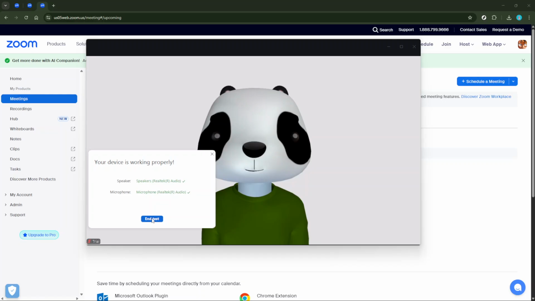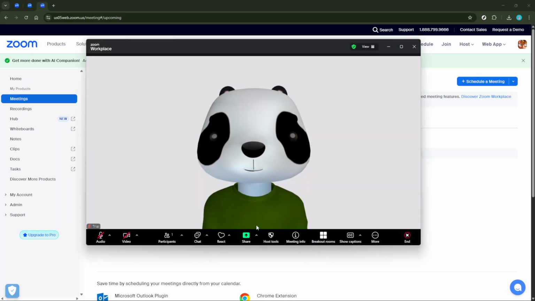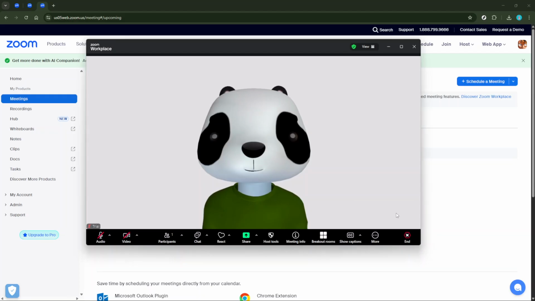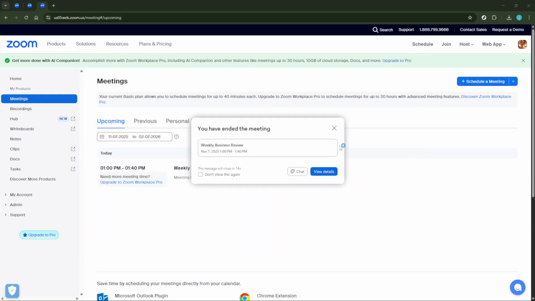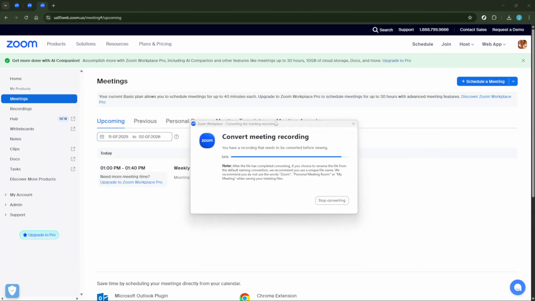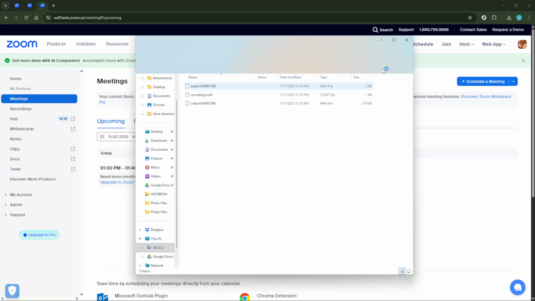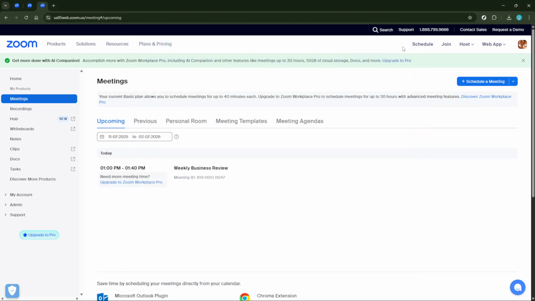If after all this, your audio is still not working, the age-old trick often comes to save the day. Try restarting Zoom and, if necessary, your computer. This might sound simple, but it resets any temporary glitches and refreshes the application's interface, often resolving any sound-related issues in the process. And that's it. By following these steps, your Zoom audio should be up and running, allowing you to communicate seamlessly during your meetings.